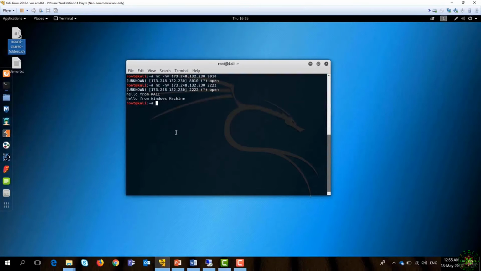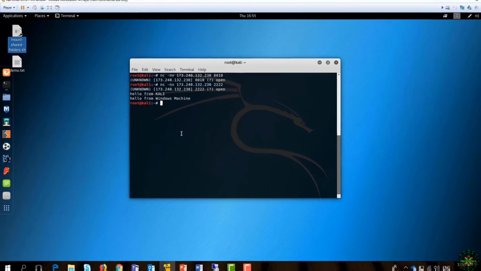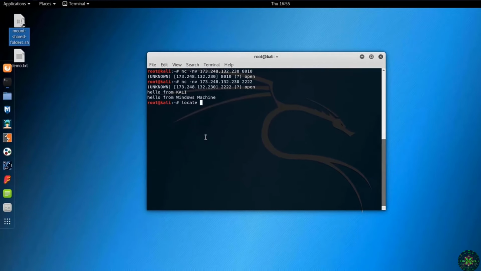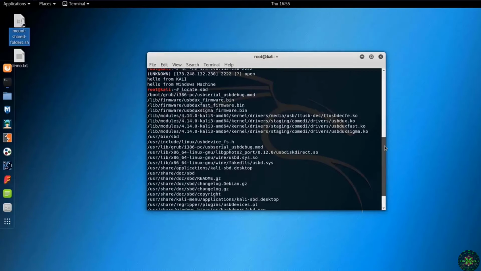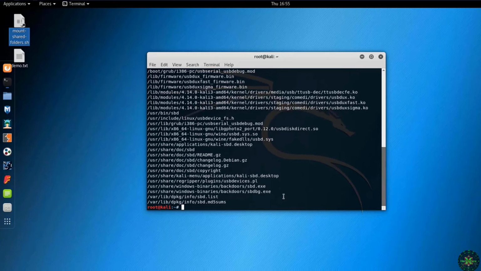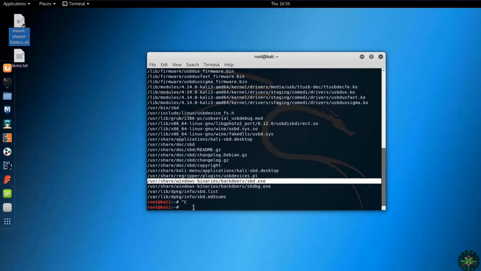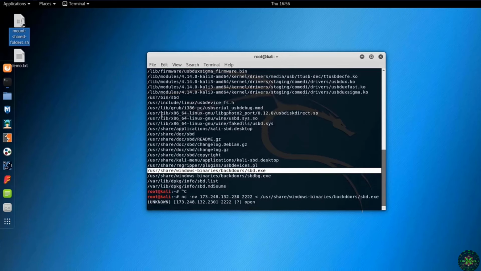On our Kali machine, we will transfer a file, so let's locate any file. For this purpose, I'll try to locate SBD. I'll select this file here, sbd.exe. I'll copy it, and then I will issue the command nc -nv, the IP address. We will connect on the port 2222. Then we will put the SBD. By issuing this command, we have transferred the sbd.exe file from the Kali machine to the